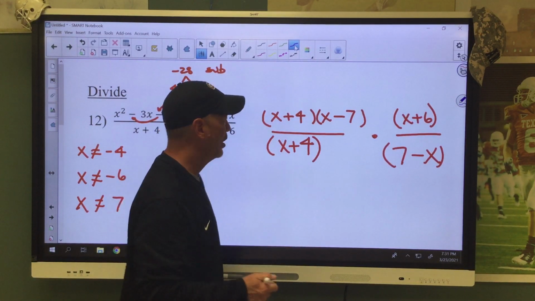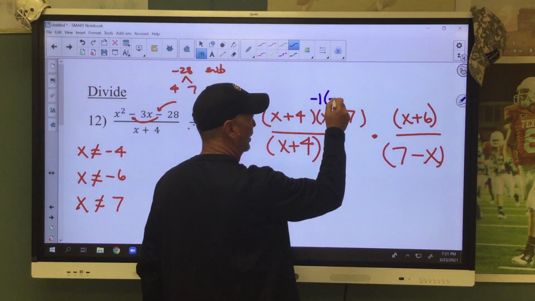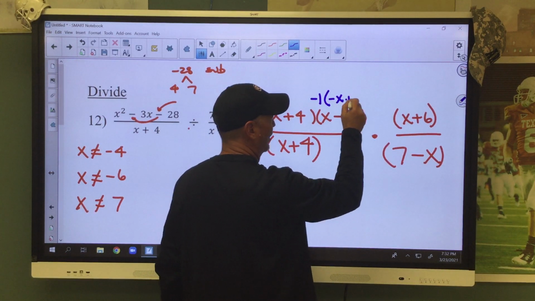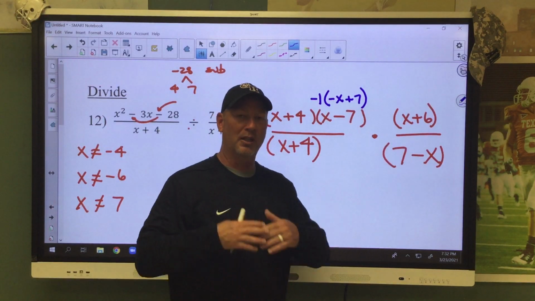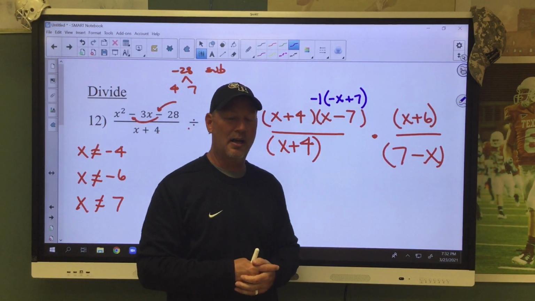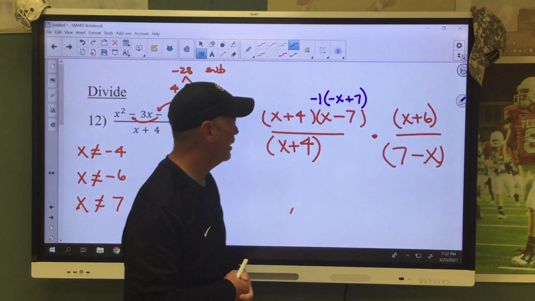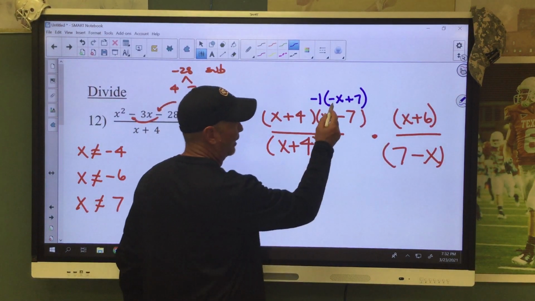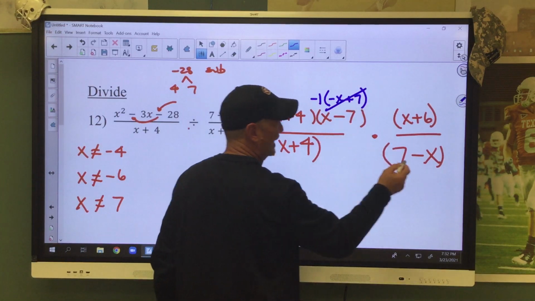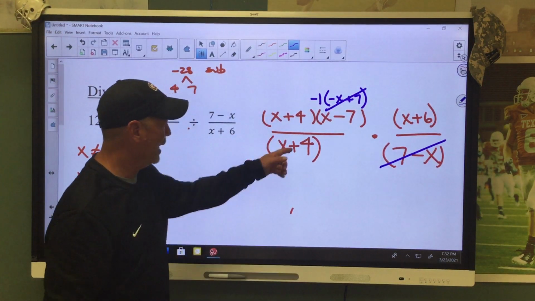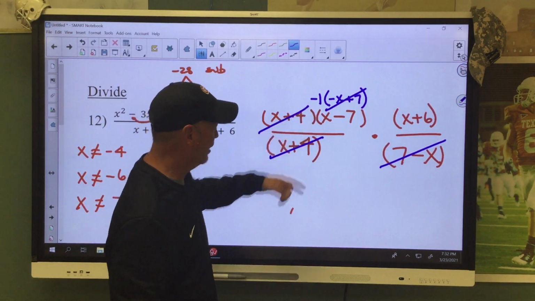When that happens, we're going to ask you to factor out a negative 1. That will become a negative x. That will become a positive 7. Now, I did it to the top because we like the negative to be at the top most of the time. We usually don't like to leave it in the denominator. That's why I did it up top. Okay? Look what you have now. I have a negative x plus 7. I have a negative x and a positive 7. These can cancel. My x plus 4s can cancel. I'm left with a negative 1